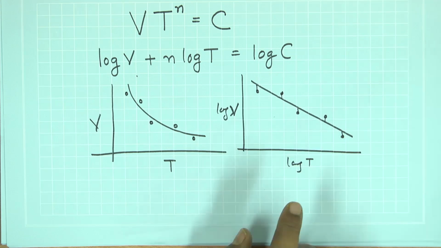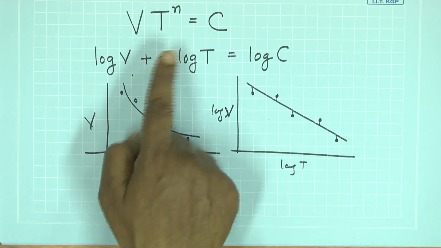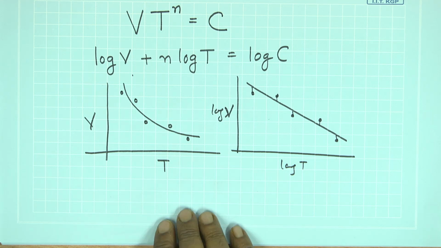Please accept for the time being that the way in which we have derived n and c is basically a least square fit. That means we are going for the minimization of the sum of squares of errors. Okay. So, this is the way in which we have done it. If you would like to have it, I can send you a MATLAB program in which you will find that n and c can be calculated from a list of such combinations of v and t. Okay, so let us see the next one.